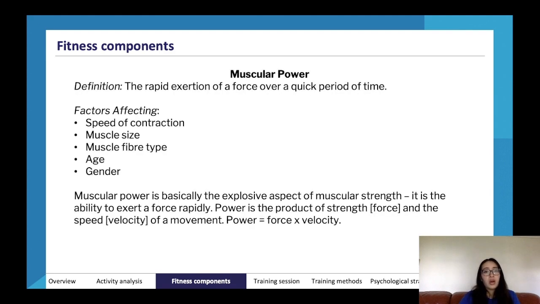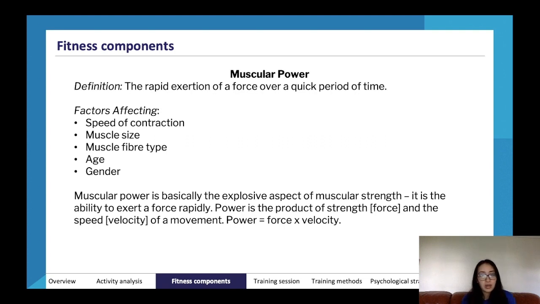Okay, moving on to muscular power. I mentioned before we've got muscular endurance, muscular strength, and muscular power. Something which I found quite tricky in high school was memorizing all three of these. So I would recommend writing them down, making flashcards of these. Perhaps if you're doing paper ones, having them literally in front of you and looking through them and